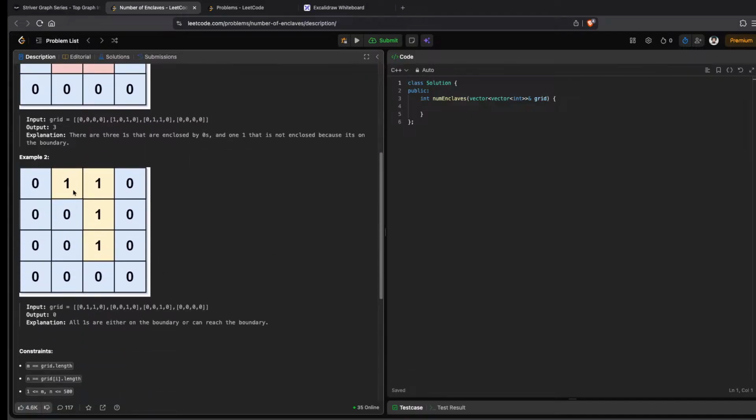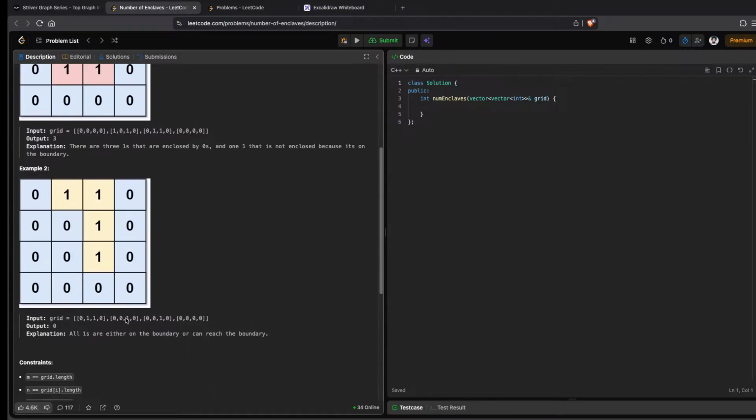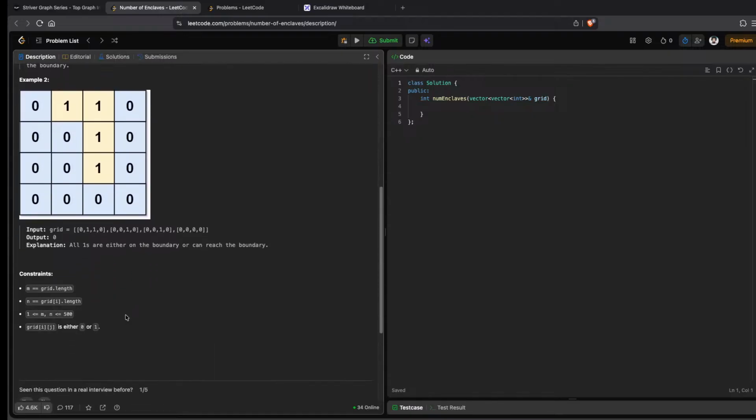Like here, this is an example. In all these 4 directions, from these positions we can walk off the boundaries of the m cross n matrix grid. Okay, cool. All 1s are either on the boundary or can reach the boundary. So what we can do here is that